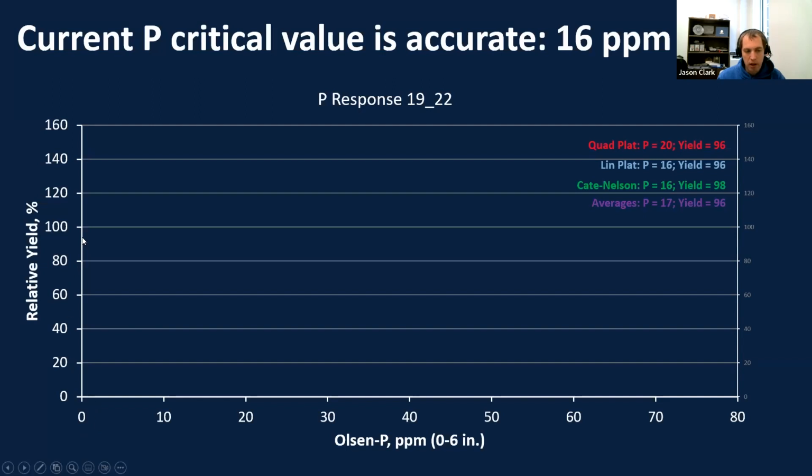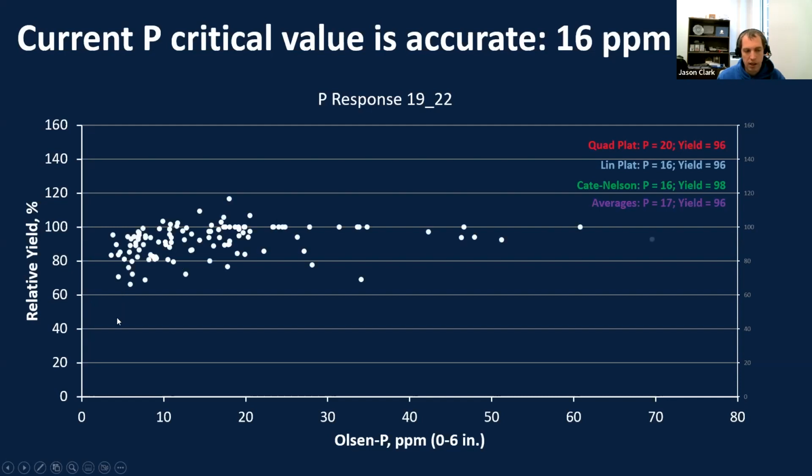So anything below 100%, this line right here, we'd say is responsive to fertilizer application, because without it we saw a lesser yield. And when we're above 100%, around 100% is usually where we don't see any more increases in yield. So if we look at the dots right here, you can kind of see that there tends to be a relationship. When we're lower here, we see a response below 100%. And then as we get over here, we tend to be up and down around 100%, which is what we're looking for.